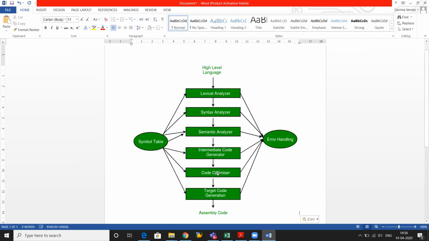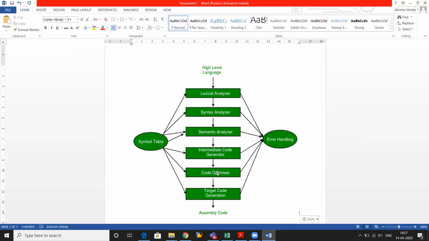Target code generation is basically the conversion of the optimized code, according to the machine architecture, into the low level language. And target code generation we have seen a little bit in code optimization when we were studying machine dependent code optimization, right? Where we have used the low level language statements like move, add, and processor registers, etc.